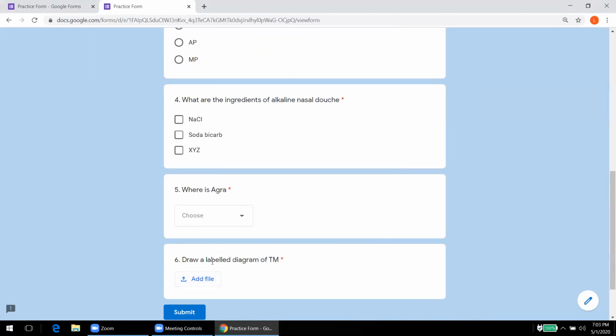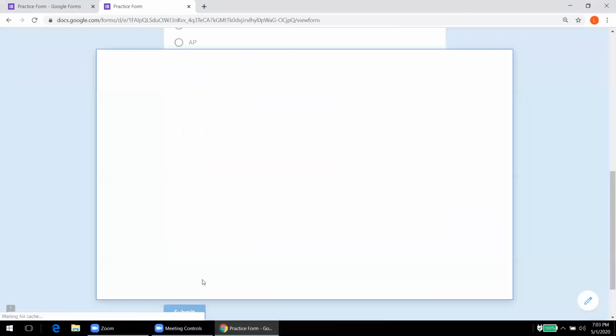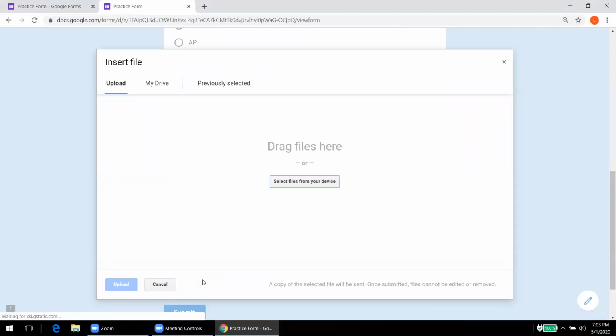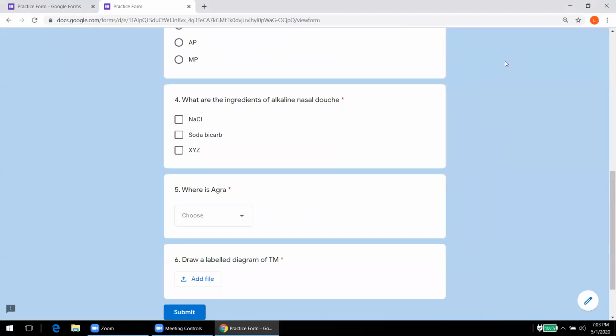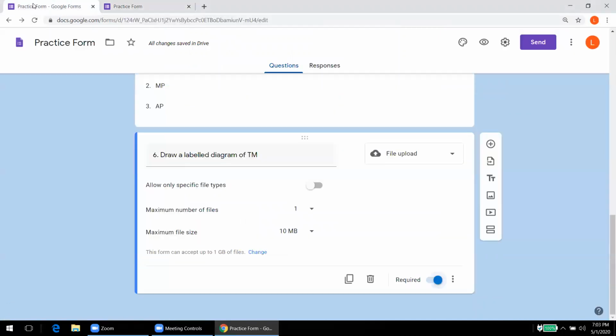When he draws a diagram of a tympanic membrane, he can scan it or take a photograph, and he'll be given an option where he can upload the figure or the file from the local computer. So that is again one type of question that we can ask.